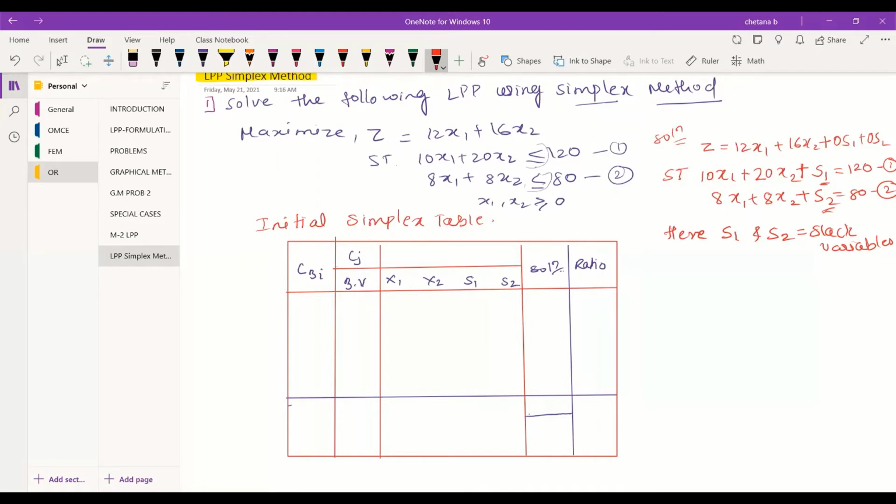If you see the objective function equation, Cj and basic variable are nothing but whatever coefficients you see in the z equation should be written here in the Cj part. You have two decision variables, x1 and x2, and two slack variables, s1 and s2. So what is the coefficient of x1?